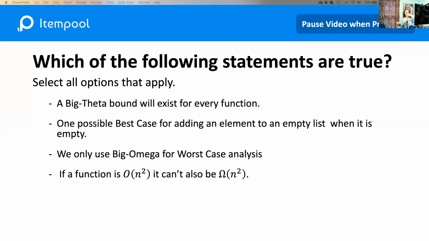When we are doing best case and worst case, that is the third dimension. They have their own runtime function analysis. They will have the big O, big omega, and the big theta. If a function is big O of n squared, it cannot also be big omega of n squared. True or false? False. Yes, you're recalling the definition. Take a look at our inequality. There was that equality in our definition. So go visit your formal definitions